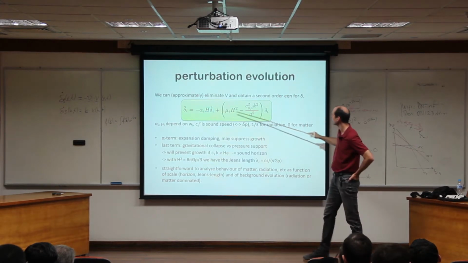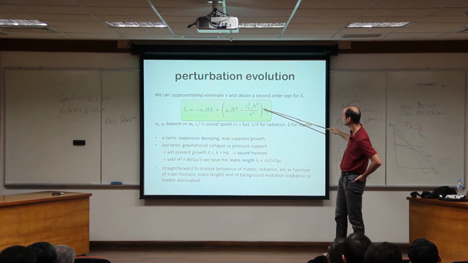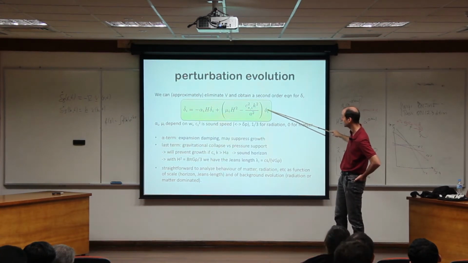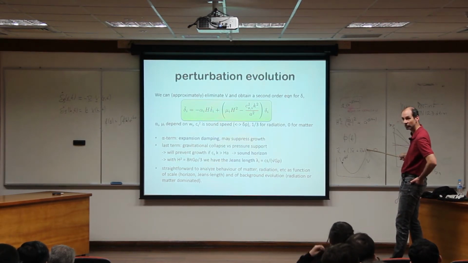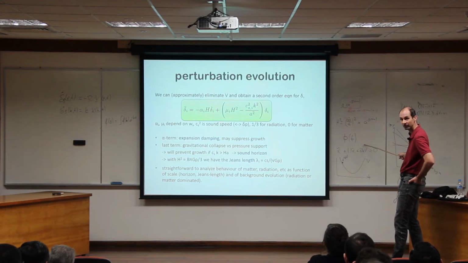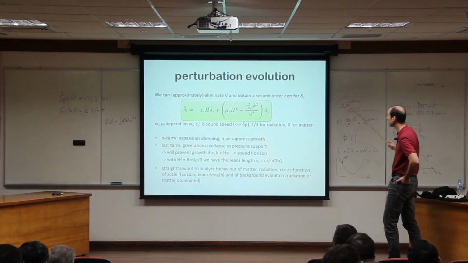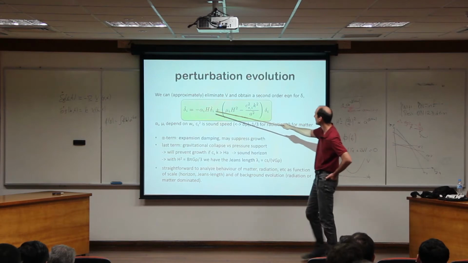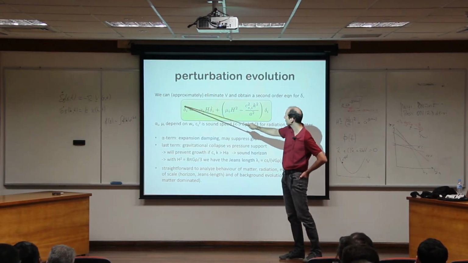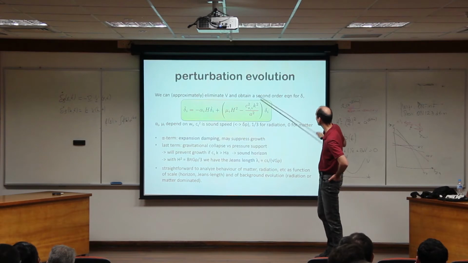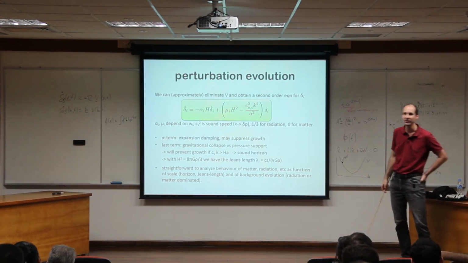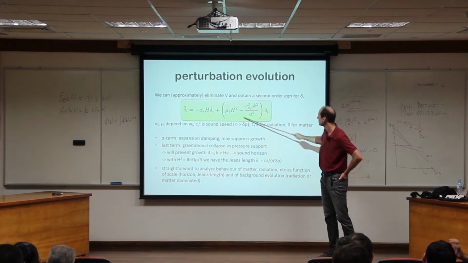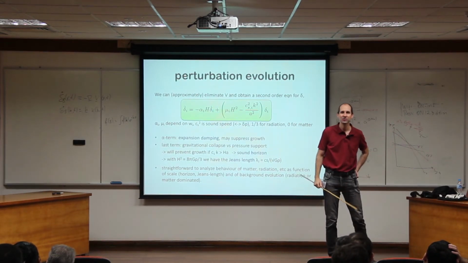But now, if I use the Poisson equation to remove the gradient of the gravitational potential, I can link it back to delta. So effectively, I have the gradient of the gravitational potential, but then I can use the Poisson equation, Laplace of the gravitational potential, like delta rho, to link it back in. Then I get an equation that, if I forget about the friction for a moment, has second derivative going like delta. And so what are the typical solutions of such an equation if we assume that the bracket is constant for a moment?